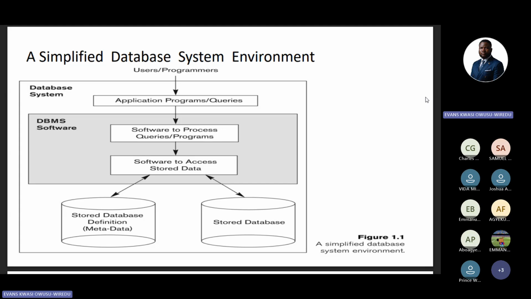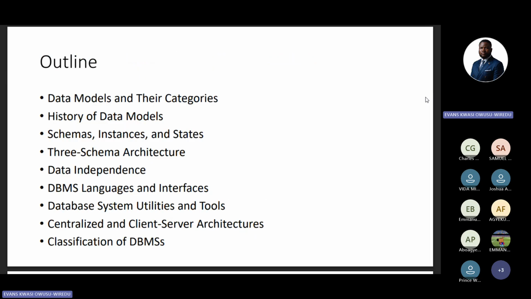All right. So you have the stored database, and then you have another stored database, but that one is for metadata, which we've looked at. So when you talk about the database system, this is what it includes. You realize that the database system doesn't include the users. But when we say the DBMS itself, then you are talking about everything holistically. Everything holistically. Okay, so this is basically a nutshell of everything.